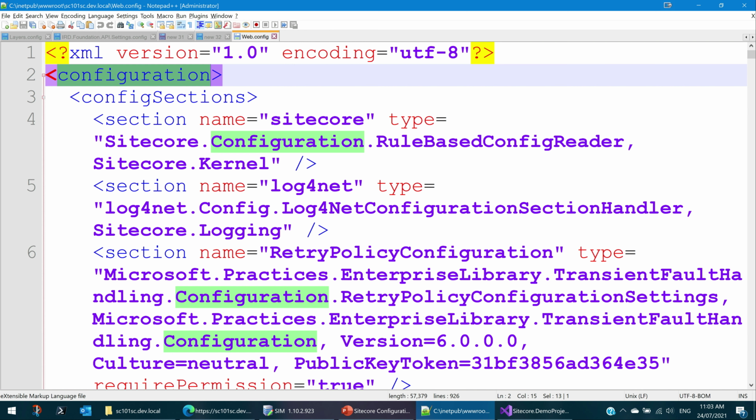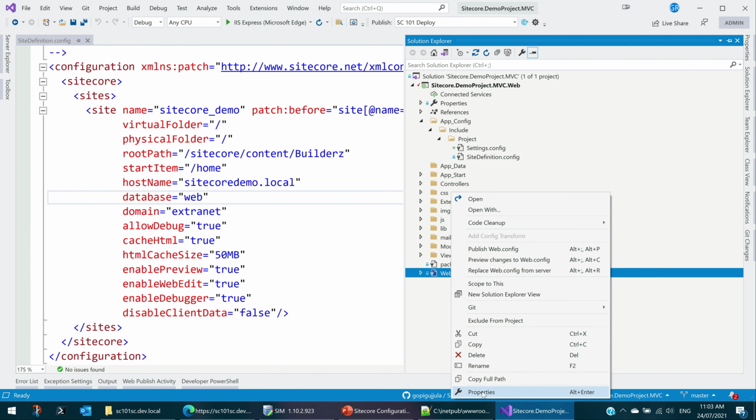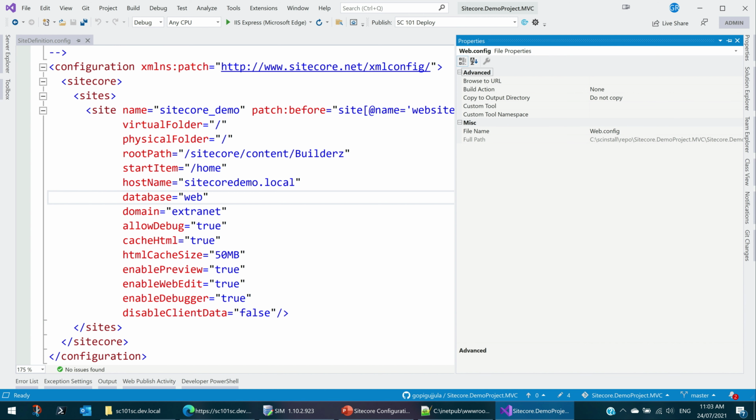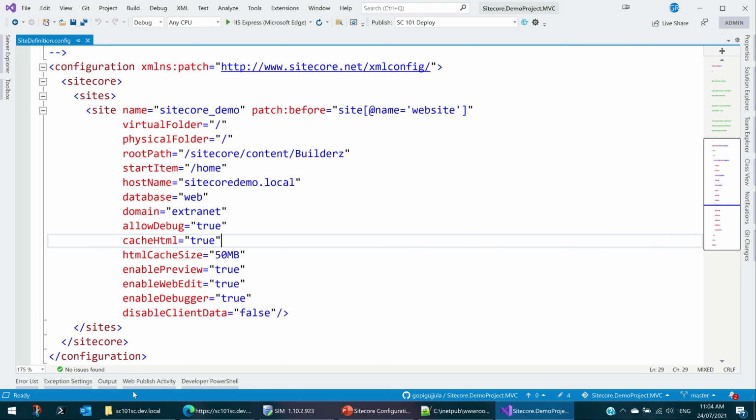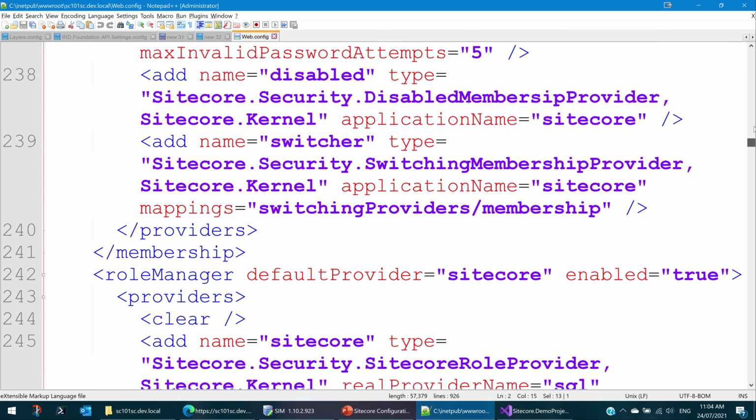You remember that even though we have a web config in our solution, we always marked it as do not override, do not copy, because Sitecore comes with a predefined web config. It has a lot of settings, so we do not want to override it, because that keeps the whole Sitecore instance working. So this is the Sitecore web config, and it is pretty huge.